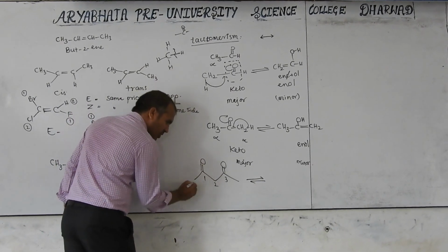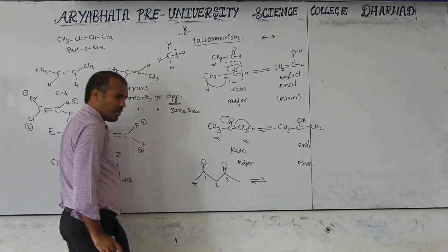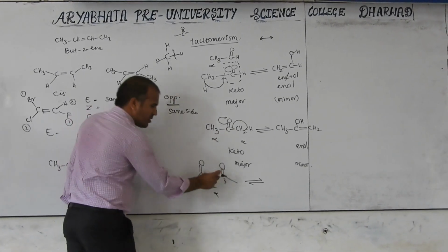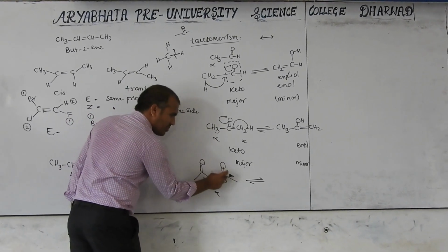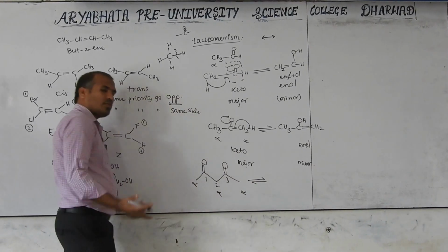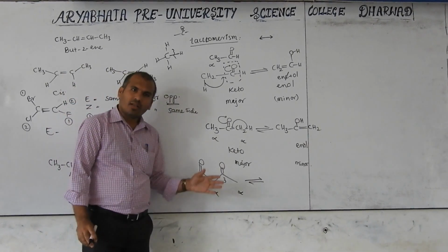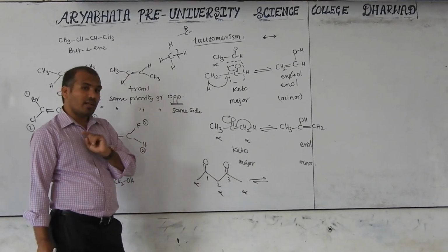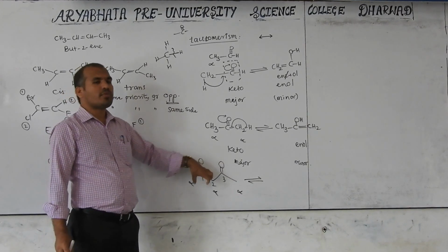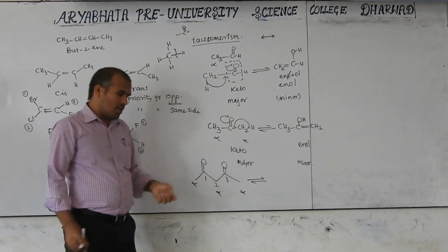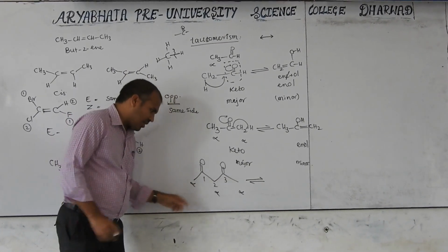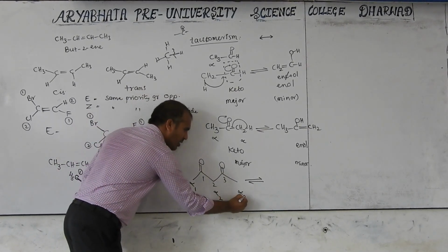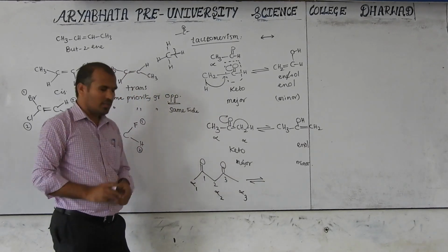See, this is a keto group. This carbon is what? Alpha. This carbon also is alpha. Second carbon here, alpha. This is a keto group with respect to this alpha, and with respect to this alpha. So many alpha carbons are there. Hydrogens present at alpha carbons are known as alpha hydrogens, and they are acidic when there is an electron withdrawing group, the keto group being an electron withdrawing group. Now I will indicate these as alpha 1, alpha 2, alpha 3, just for our understanding.